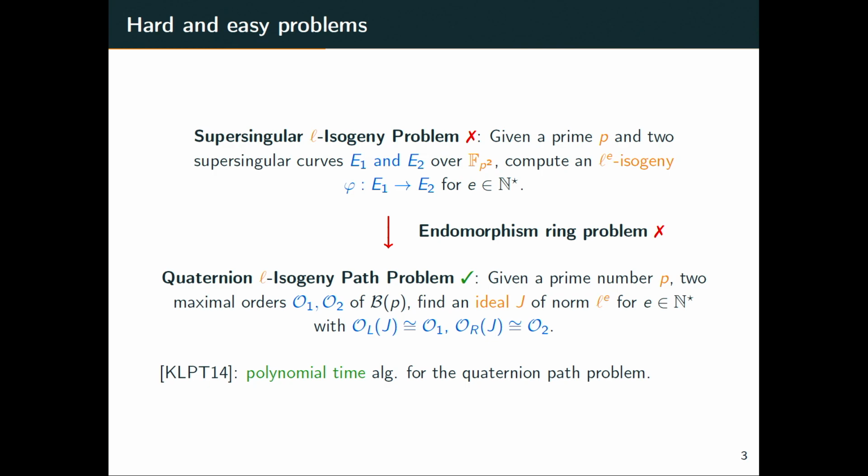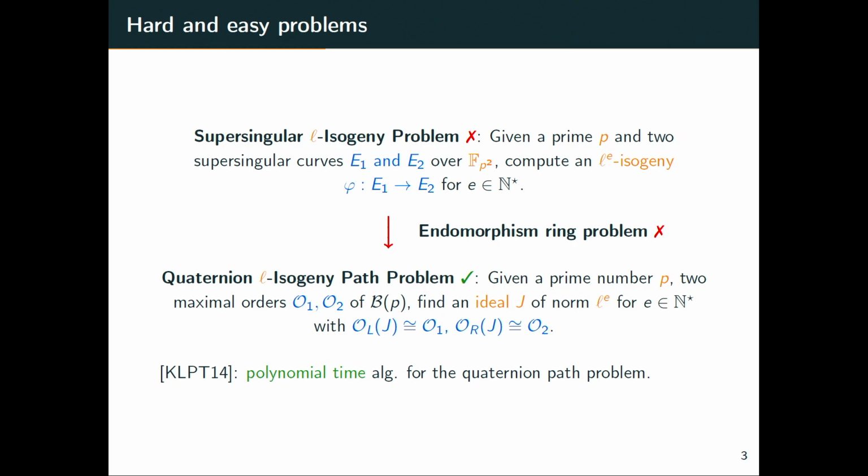And this is because there is some kind of fundamental gap between the two. And this gap is actually the translation problem of taking one curve and computing its endomorphism ring. And this is what we call the endomorphism ring problem. If I can do that, I can transform an instance of my first problem into an instance of my second problem, and then everything is broken. So this is the second really fundamental problem in isogeny-based cryptography.